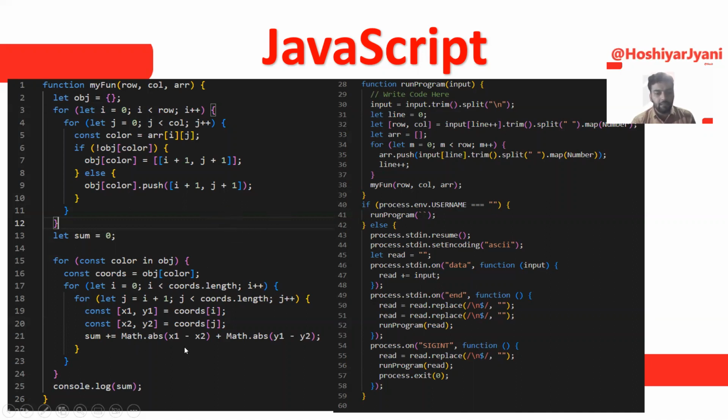After that, we take Math.abs of x1 minus x2 and y1 minus y2, and we simply console log the sum. So this is all about the code.